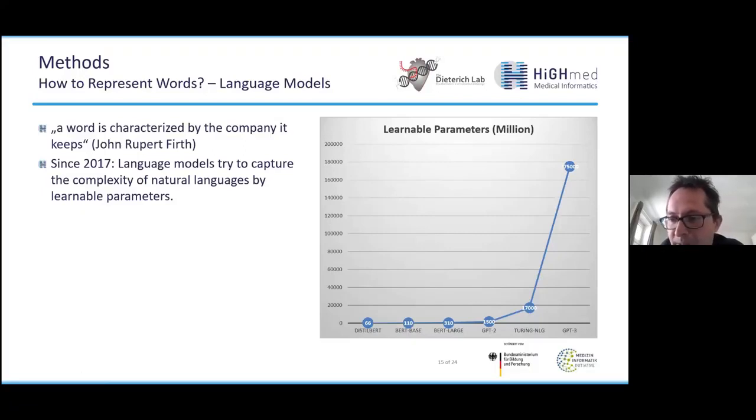And of course, if we have a look at the GPT-3 model, for example, which became quite famous because it is able to write on its own some journalistic articles, about the quality you can discuss, of course, but it is kind of impressive what it is able to do. Here we already have 170 something billion learnable parameters. So you can think about our clinical NLP infrastructure, we most probably won't be able to train such models anymore. But that was not important, because already these hundreds of millions of learnable parameters, like the BERT model, outperformed state-of-the-art results in other NLP tasks.